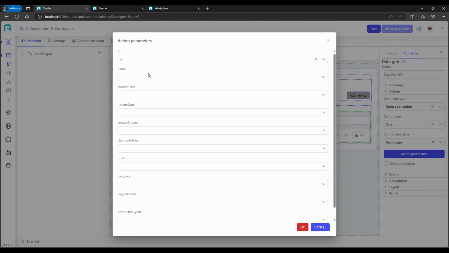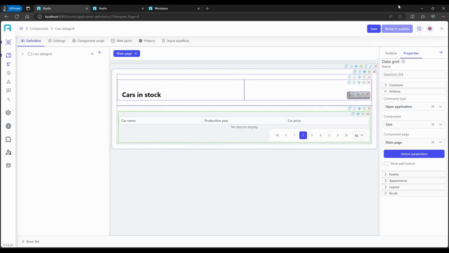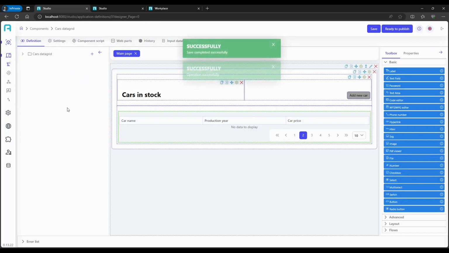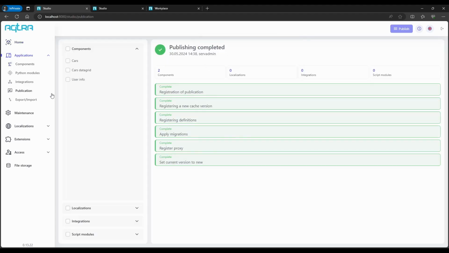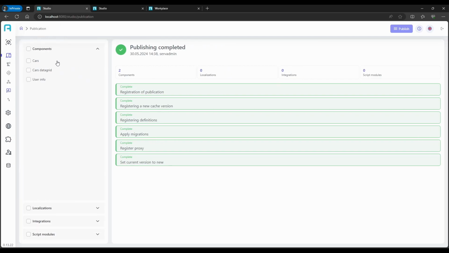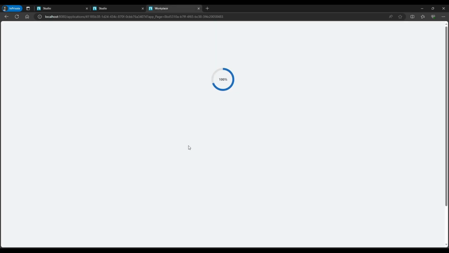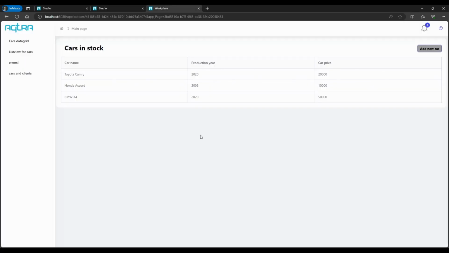Then click Save, ready to publish, and go to the Publication menu. Publish both of our components. And after that, return to the workplace. Let me explain what we did. Let's refresh the page. Thanks to Open Application in the Action Settings group,